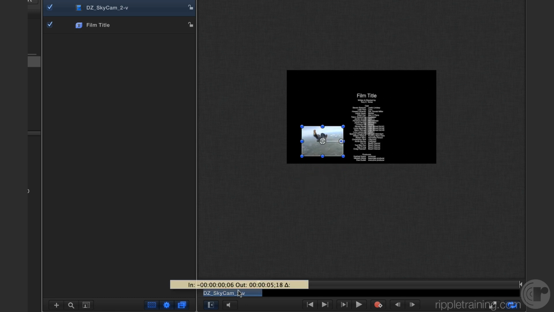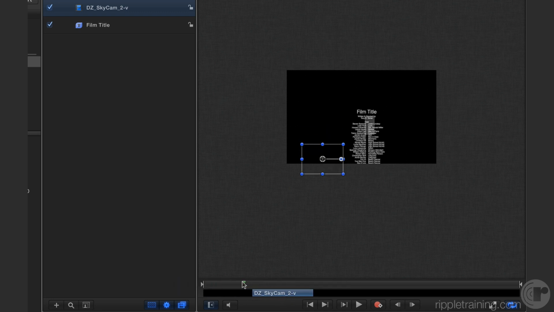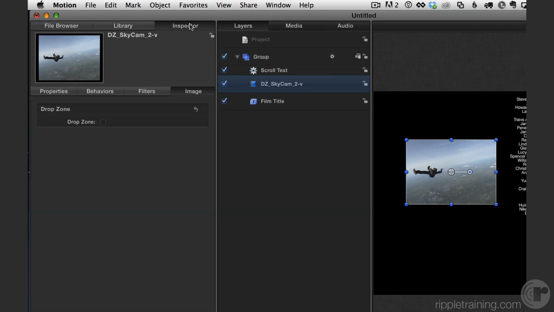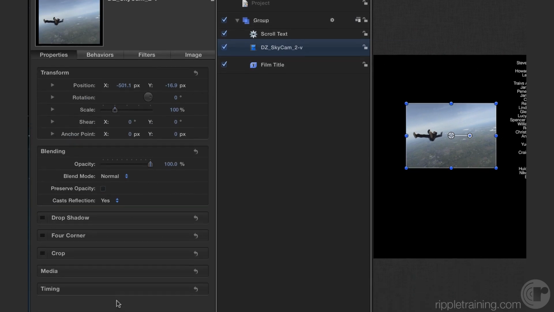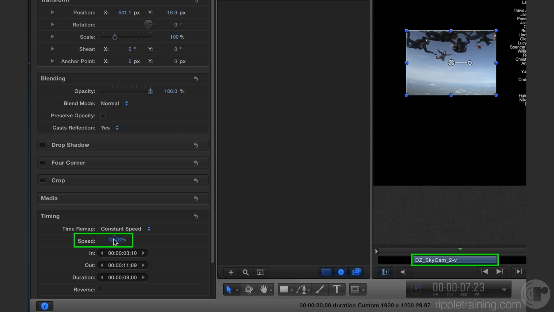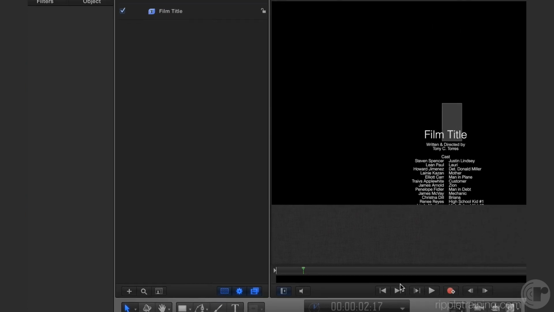This particular video doesn't last very long. I need to make sure it lasts the whole time it's on screen, so I'll move it down a little bit so that by the time it appears, it shows up. And it's going to disappear. So what I'm going to do is just slow that video down a little bit so that it will not suddenly pop off the screen. So I'll go to the inspector, to the properties, to timing, and I'm just going to slow that video down to expand it out a little bit. So now as this plays,